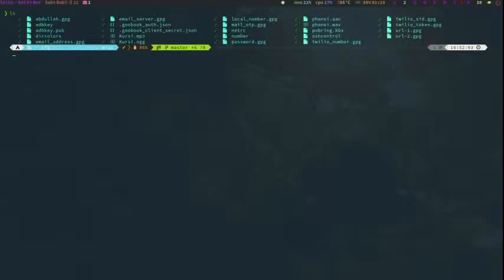So these encrypted files are actually secure, so no one can read them. So once I clone my repository, these encrypted archive files will be there inside my machine, so I can use my gpg key to decrypt them. So this way you can encrypt this password.